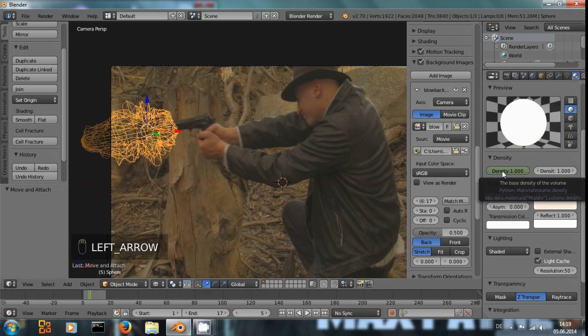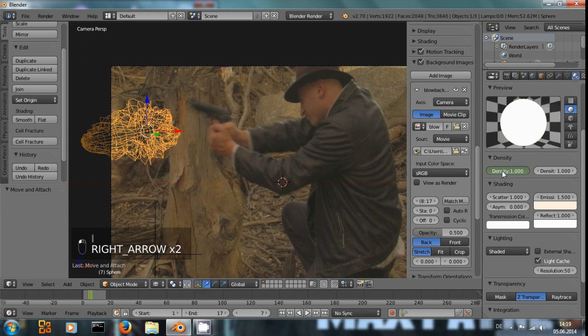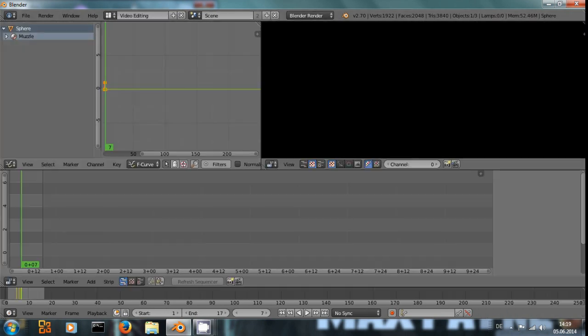One frame before that, we change it to 0 and press I to insert a keyframe, or right click, insert a keyframe, and the frame after we change it back to 0 and insert a keyframe. Now if we want to RAM preview this